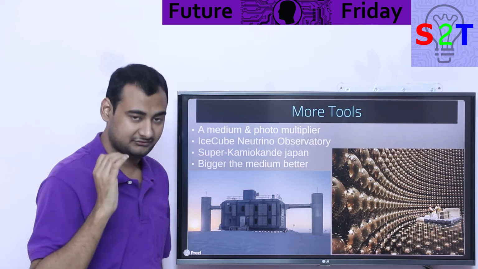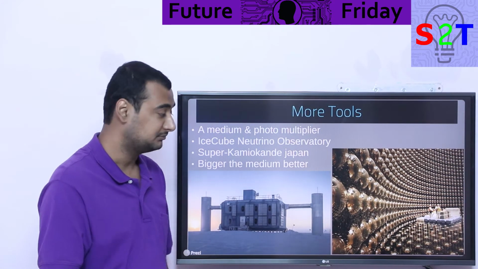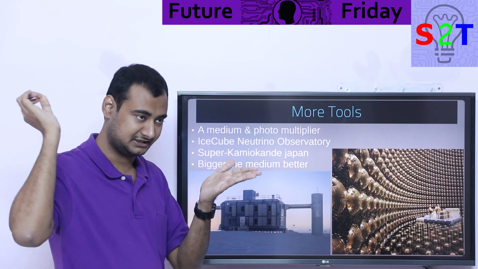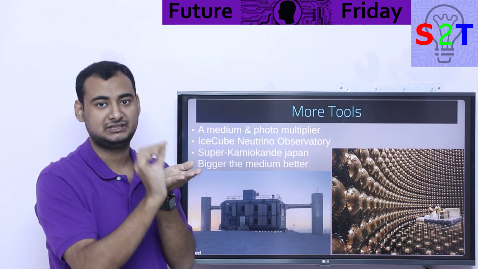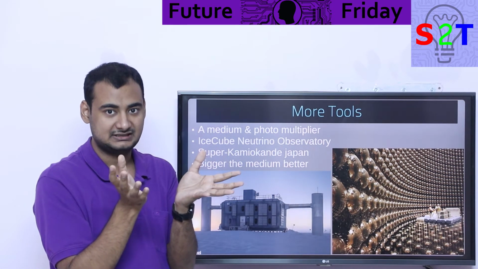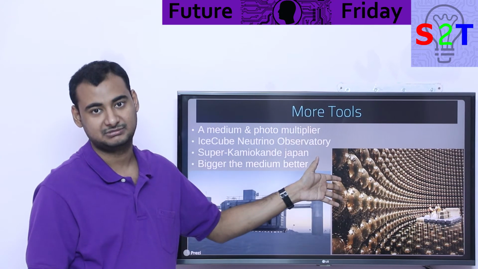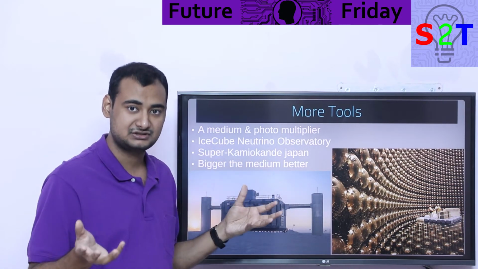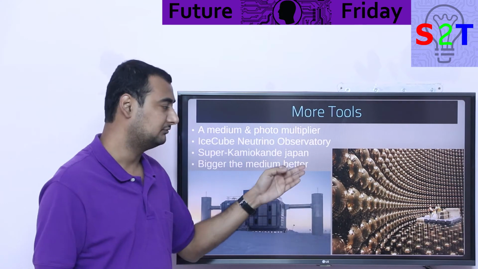So you need very sensitive equipment to amplify that signal, whatever the signal is gonna be. Like a neutrino hits a nucleus of water, and you want to see that actual signal, you need a photo amplifier, because the photons that will be generated as a collision side effect would be very weak. So we need photomultipliers.